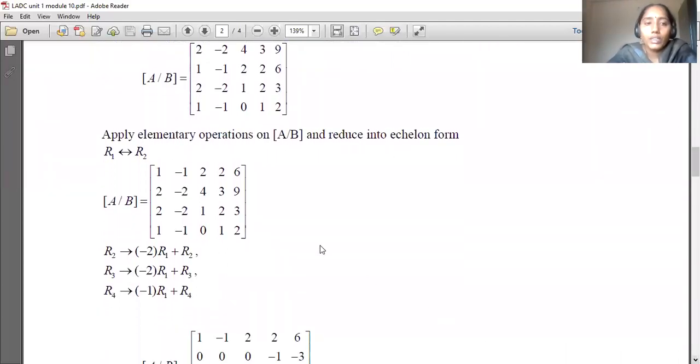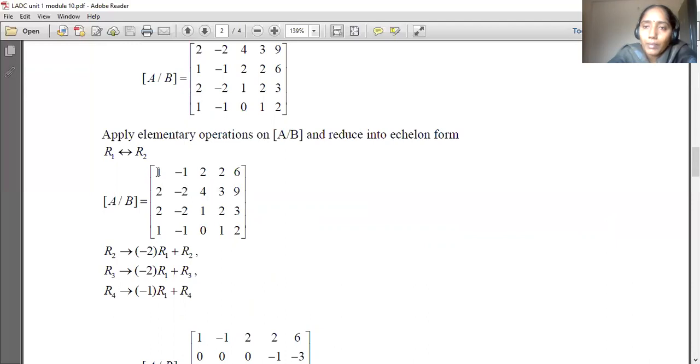After that, here I am considering the pivot element as 1. Using this pivot element 1, these 2s are converted into zeros, using elementary transformations. That means applying the transformation on this row as R2 minus 2 times R1. And similarly, on R3, applying R3 minus 2 times R1, because 2 minus 2